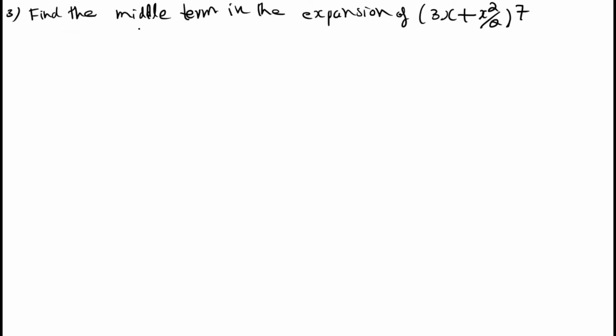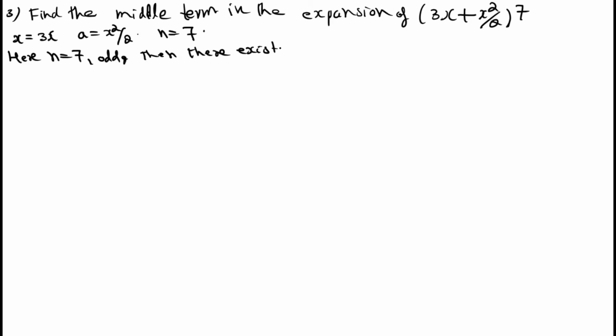See the next question. Find the middle term in the expansion of (3x + x²/2)^7. Here x value equals 3x, a value equals x²/2, index n equals 7. Here n equals 7, the index is odd, then how many middle terms exist? There exist two middle terms, namely,